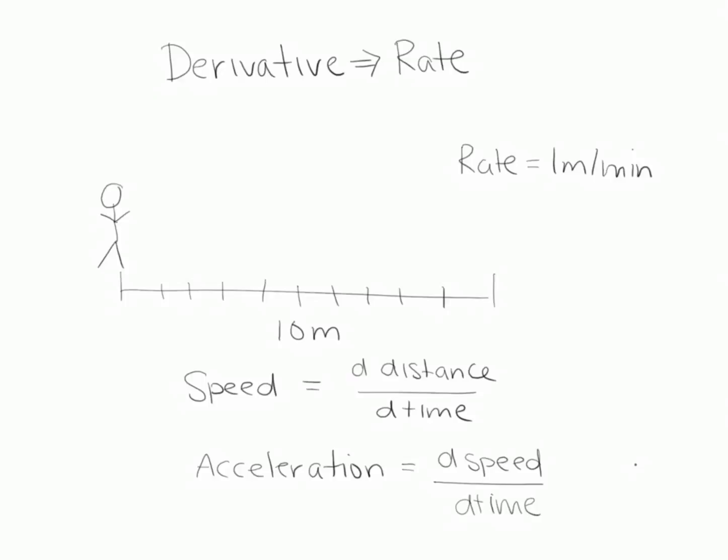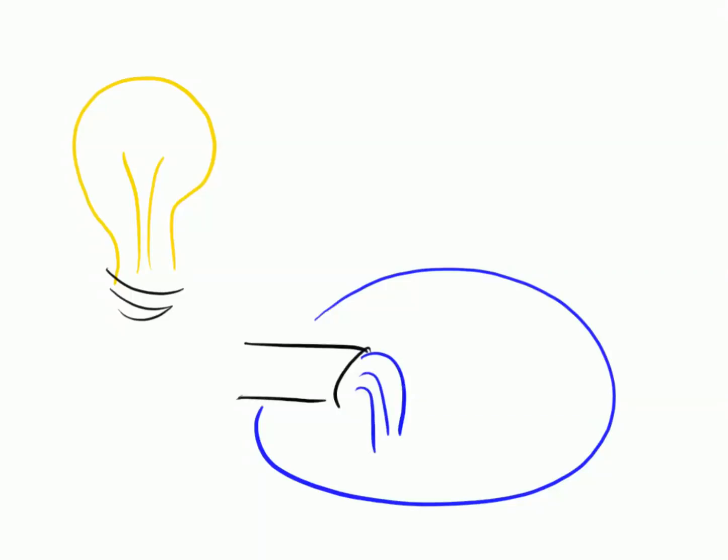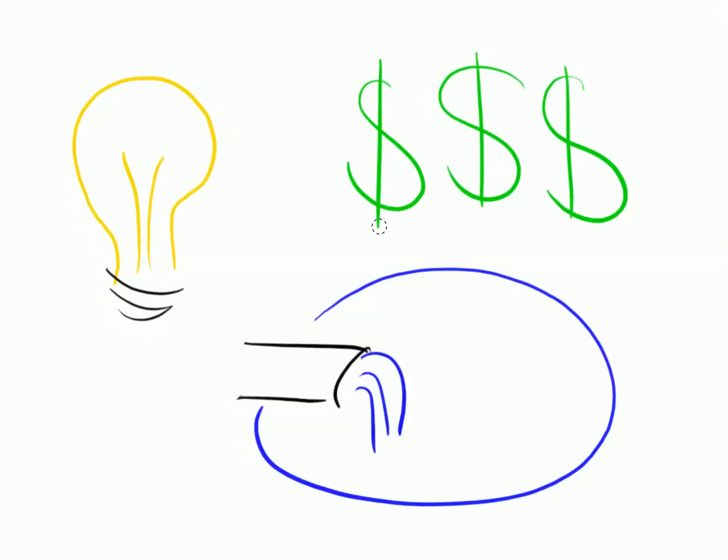And rates don't just have to do with time or distance, though. The amount of light a light bulb gives per volt of electricity passed through it, the amount of water flowing into a lake, the rate of interest on your bank account, those are all rates that can be modeled by derivatives. In order to understand why this is actually useful in the real world, you need to understand something called